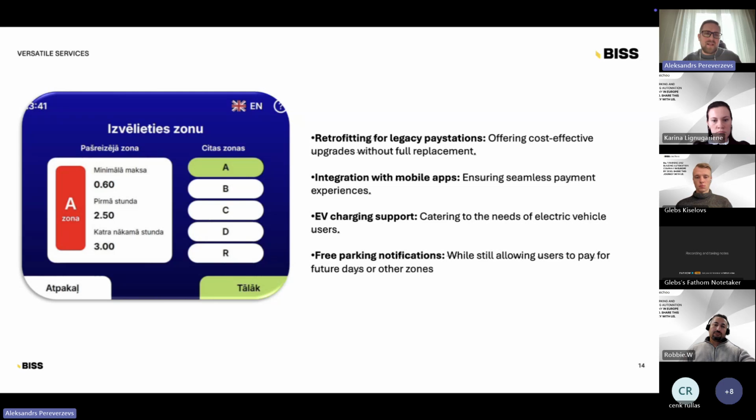until 8 a.m. would be free, but all the time afterwards, after 8 a.m., would actually start based on the tariff that was configured by the municipality. We also make it possible to pay for different zones. So on this specific screen, you see one of our